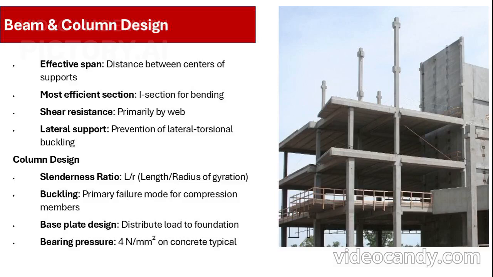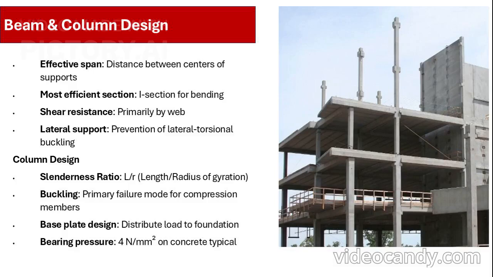In beam design, the effective span is measured between the centers of supports, and the most efficient section for bending is the I section, due to its high moment of inertia. Shear forces are primarily resisted by the web, and to prevent lateral torsional buckling, adequate lateral support must be provided. For columns, the key design parameter is the slenderness ratio, L/R, where buckling is the primary mode of failure in